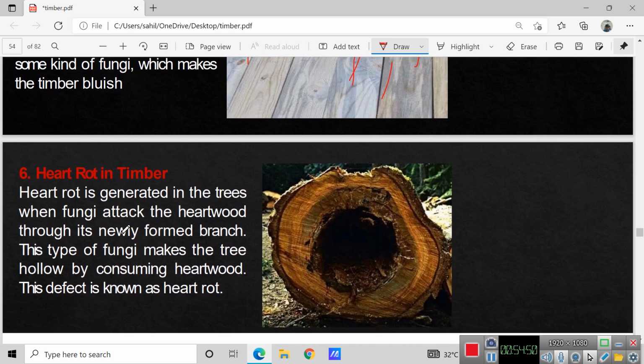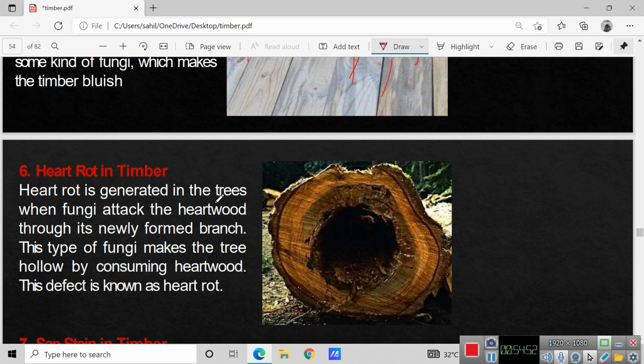Now, heart rot in timber. The heart rot is generated in the trees when fungi attack the heartwood through its newly formed branches. This type of fungi makes the tree hollow by consuming heartwood. This defect is known as heart rot. So you can see the portion known as heartwood, which basically is present after the pith of the wood up to the sapwood, is consumed by the fungus in this case, which is known as heart rot in timber, and